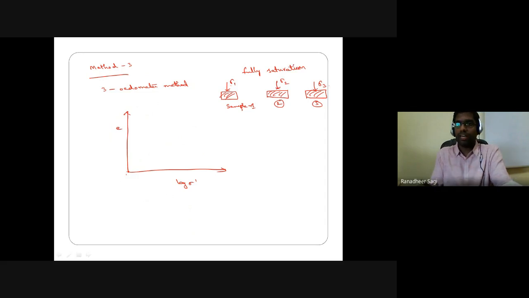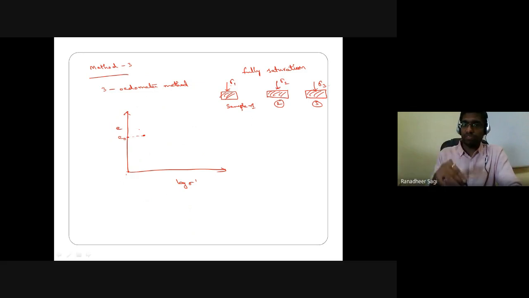Okay, so you have added water to those 3 soil samples to ensure that the soil is fully saturated, and in case 1 on that soil sample sigma 1 stress was getting applied. Let's say the initial void ratio of that soil sample was referring to this value, something e naught. Now what I am trying to do is, on soil sample 1 I have applied some sigma 1 stress, soil sample 2 I have applied some sigma 1 stress, soil sample 3 I have applied some sigma 1 stress.